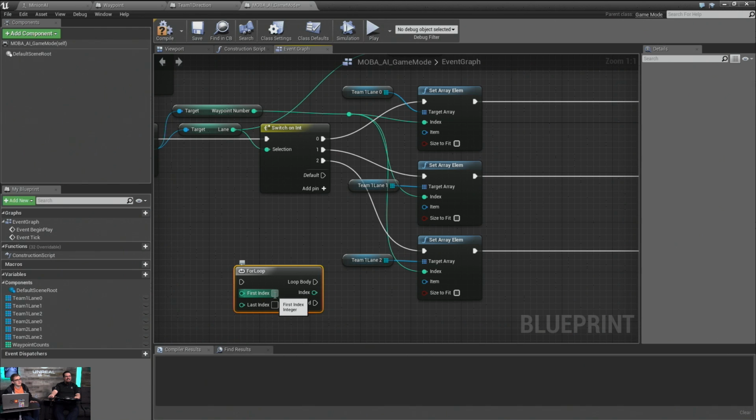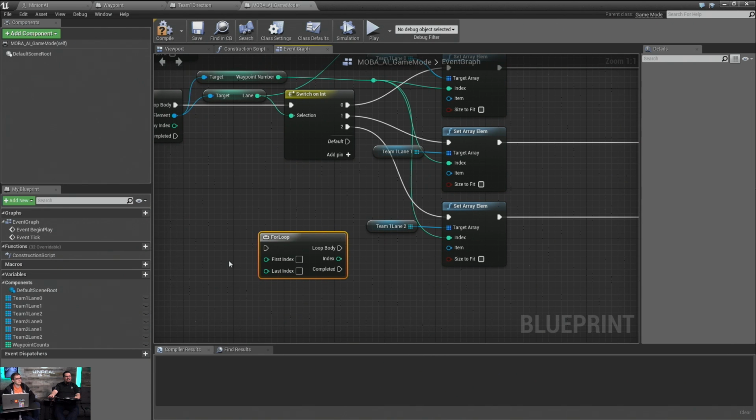I mean, you just do what? You do a for loop. Yeah. Well, it's a for each because you have to do it for each of the waypoints, basically. Oh, we can't do a reverse for loop, can we? No. Because we can't manually set index. That's why I would. That's lame.